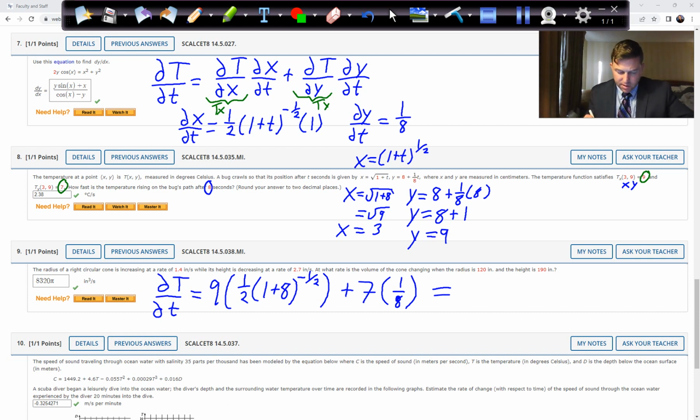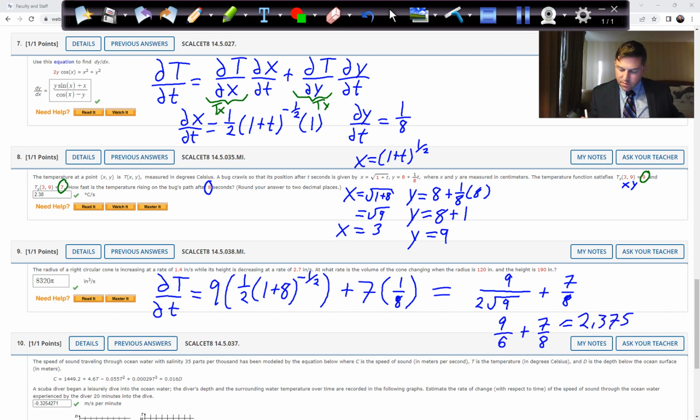So you're going to get, let me actually write this out, 9 on top divided by 2 times the square root of 9. And then this one is 7 over 8. Well, this one just becomes 9 over 6, since square root of 9 is 3 times 2 is 6, plus 7 over 8. And in decimal form, that turns out to be 2.375, which they want you to round to 2 decimals. We'll call it 2.38. So basically, the temperature is increasing by 2.38